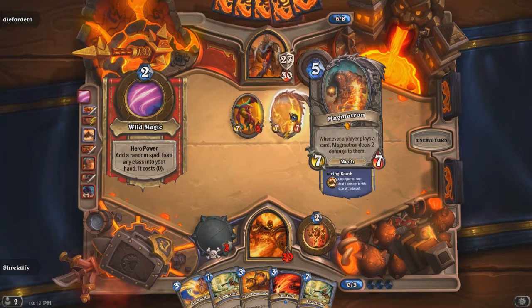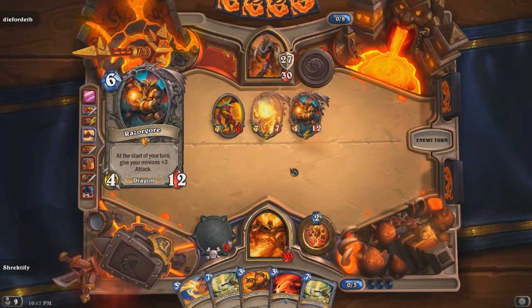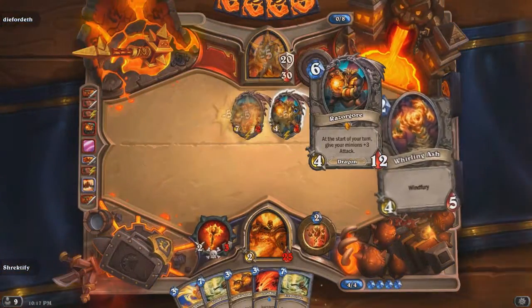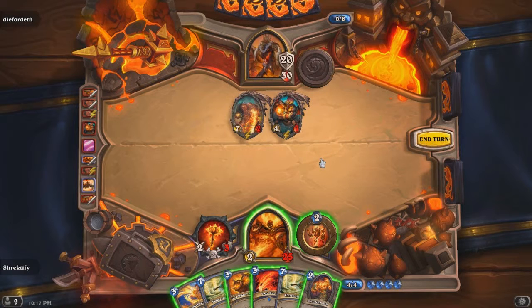So Living Bomb is going to make Magmatron explode. It's kind of like Corruption, but cooler because it also deals 5 damage to everybody else. And he just summoned a Razorgore at the start of the turn. Oh wait, no, I thought Magmatron was supposed to die because of Living Bomb. I guess not. Okay. Well then,